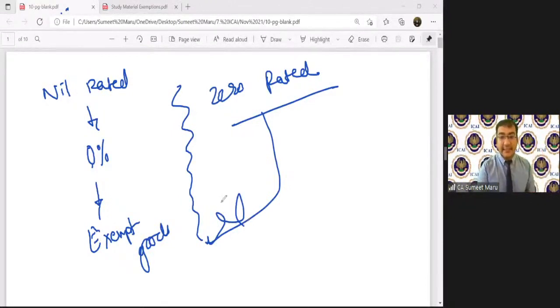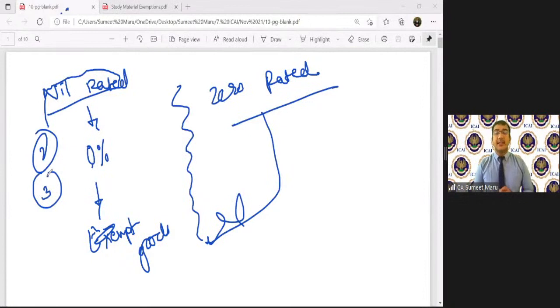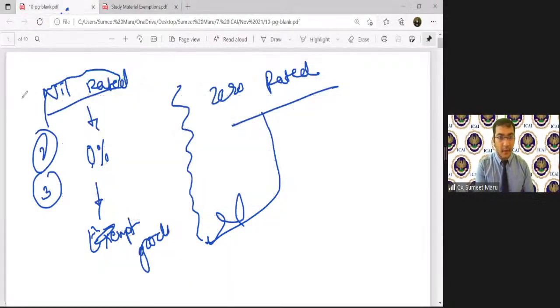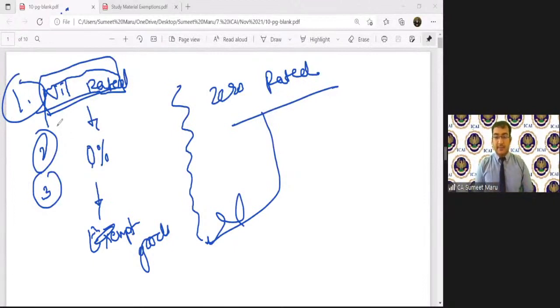Okay, so what three things have we discussed in terms of exempt supply? One, nil rated; another, the exempt goods itself; and the third one, which we have seen just now, was your, yes guys, what was the third one? Wait a minute, I'm not able to see PowerPoint. Yes, nil rated, the first one. Second one is your specifically exempted goods, and the third one, which is non-taxable supply, we are yet to explore. Okay, so now when I'm talking about the